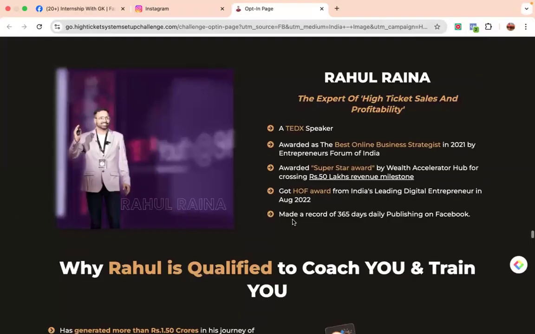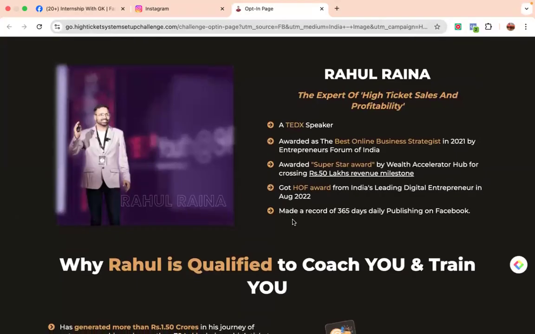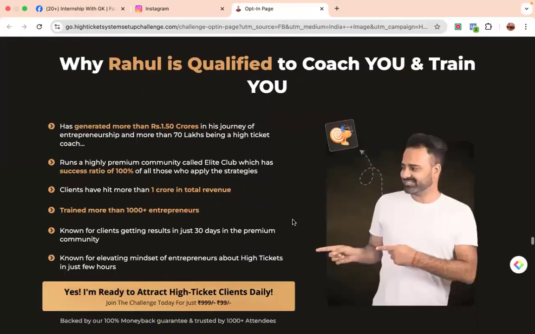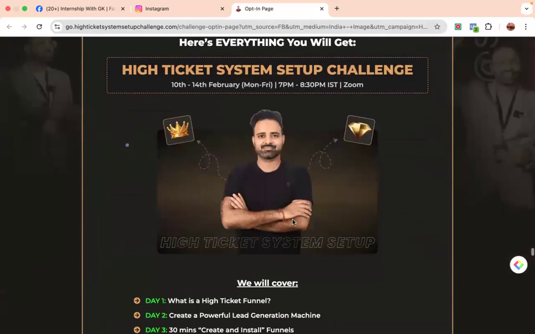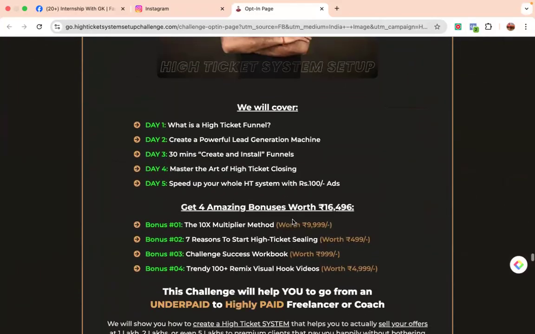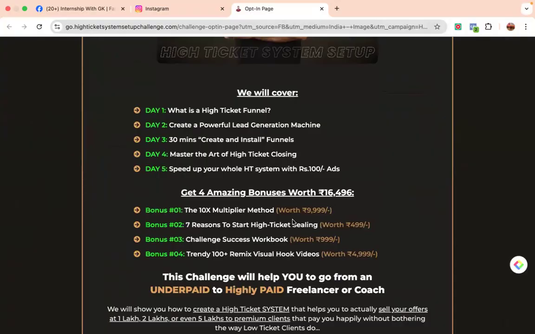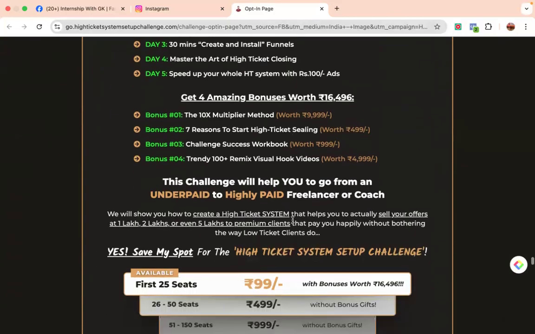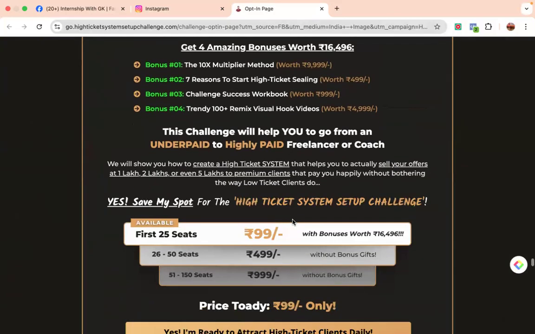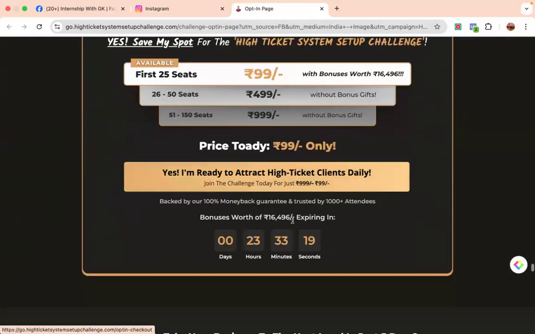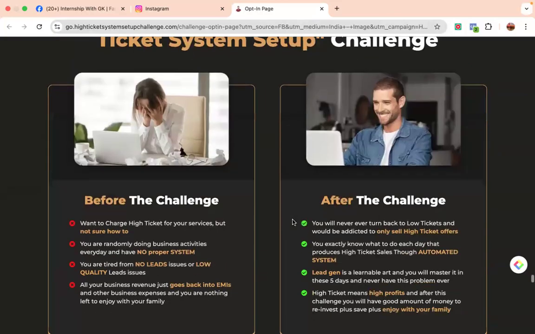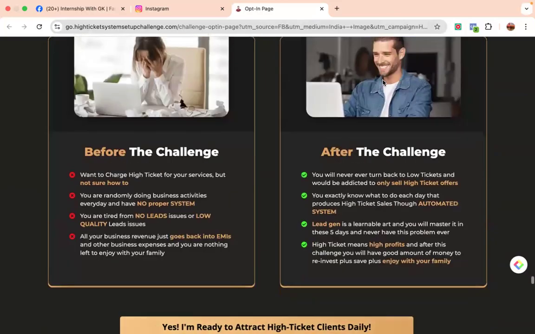Then he further, briefly, tells about himself to build the credentials. Then he builds again the what, perfect. In fact, I wouldn't be surprised if both of us have common gurus. And then he does the seat pricing, followed again by what you are supposed to achieve.